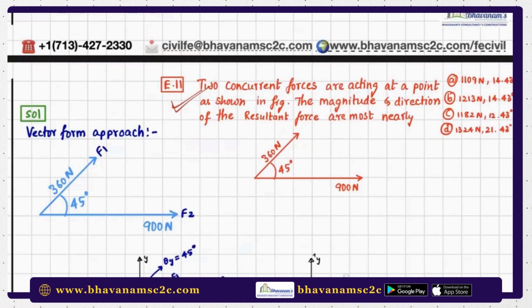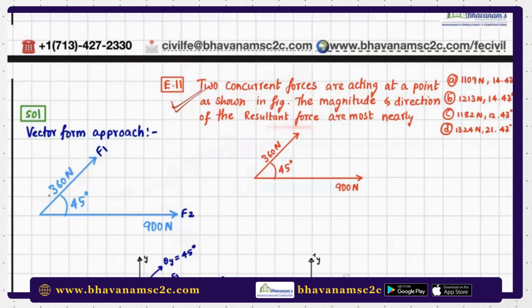Two concurrent forces. Concurrent forces are nothing but the forces that are acting through one common point. Suppose this is a point, and there are different forces acting on it, then such forces are known as concurrent forces. The two concurrent forces are acting at a point as shown in the figure, and the magnitude and direction of